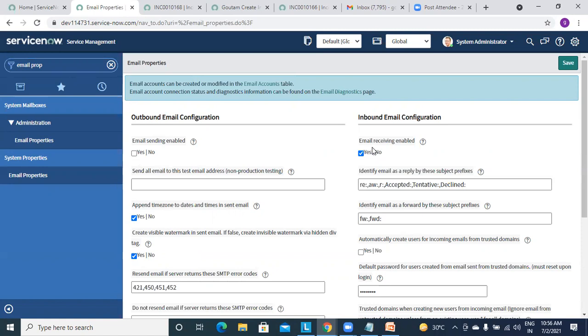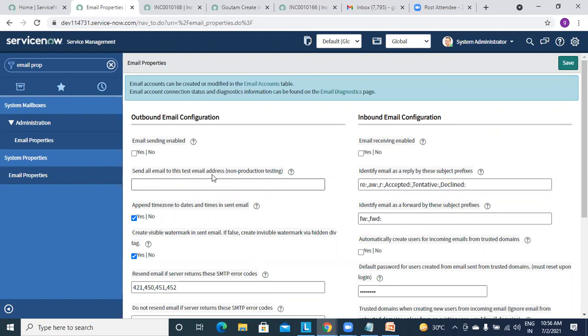That is the purpose. Same with inbound: if you are developing, you don't want any user to send you emails, so just make this inactive. Then mails will not go out to users.